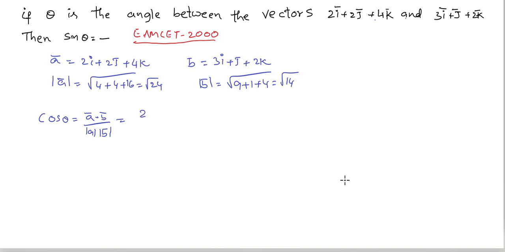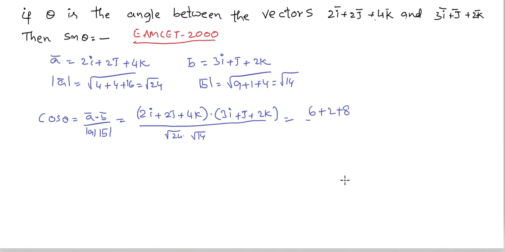That is, a bar dot b bar, 2i plus 2j plus 4k dot 3i plus j plus 2k, by root 24 into root 14, that is equal to the dot product, 2i into 3i, 6 plus 2 plus 8, by root 24 into root 14, that is 16 by